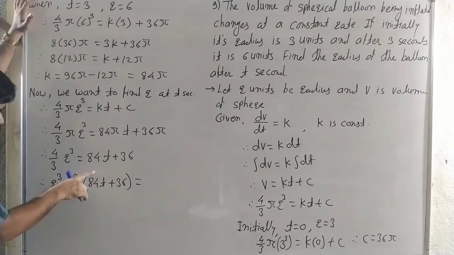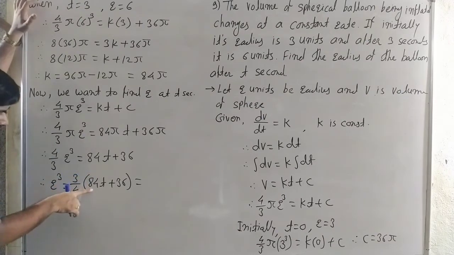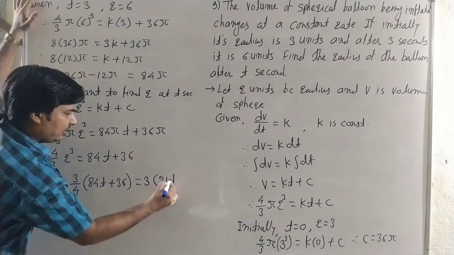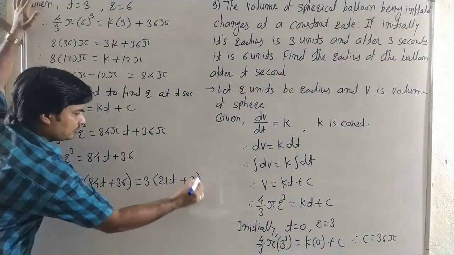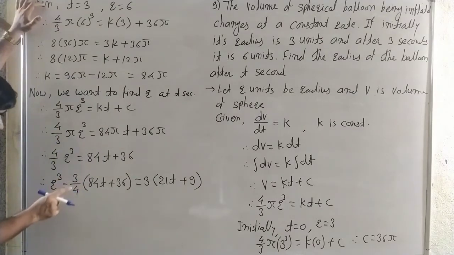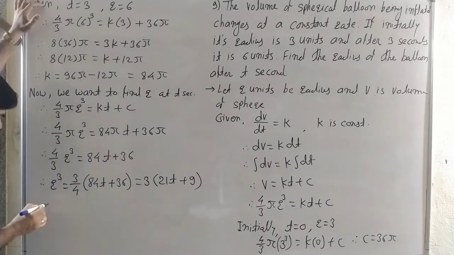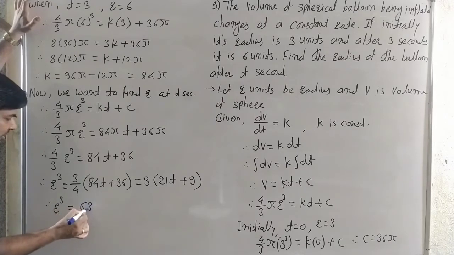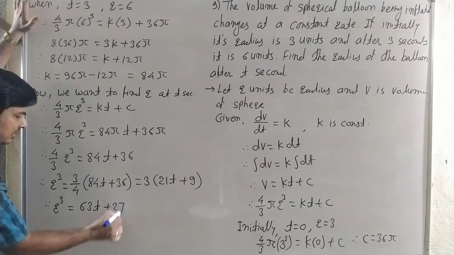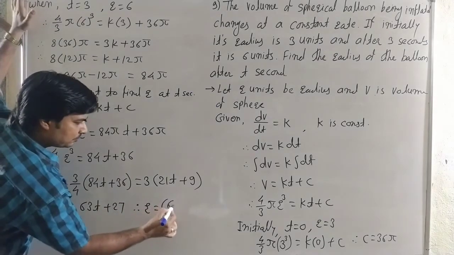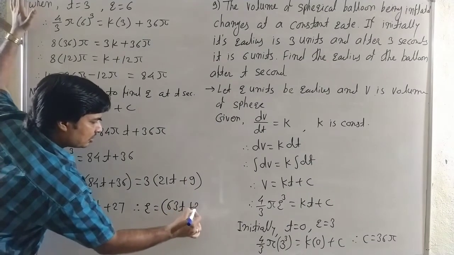21, and here it is a 9. That means 3 into 21t plus 9. Here we only divide by 4. Here it is 21 and here it is 9, and then multiply by 3, and therefore r cube is equal to 63t plus 27, and then r is equal to cube root of 63t plus 27 to